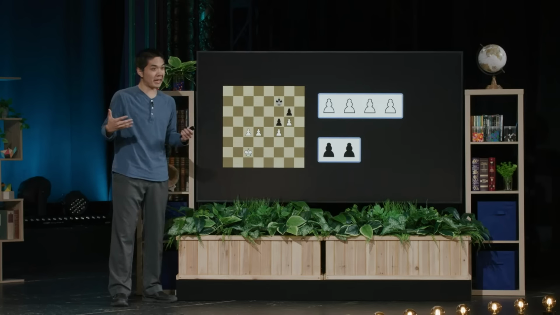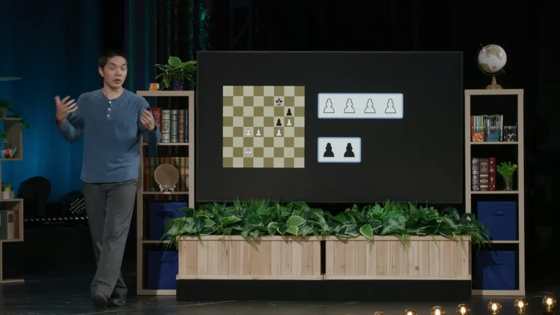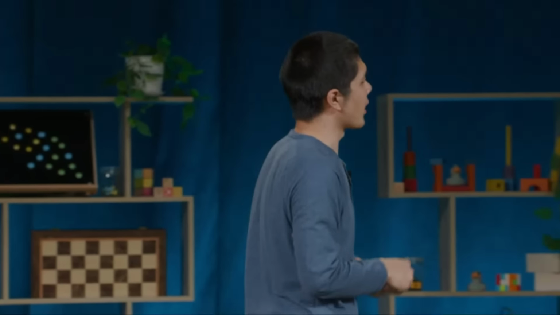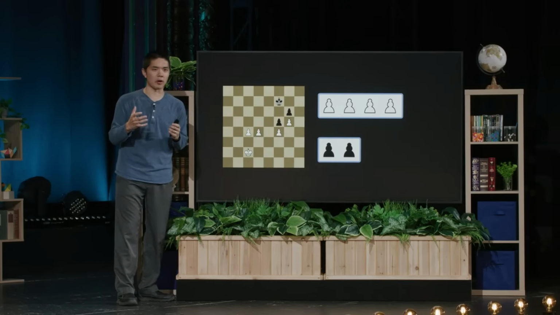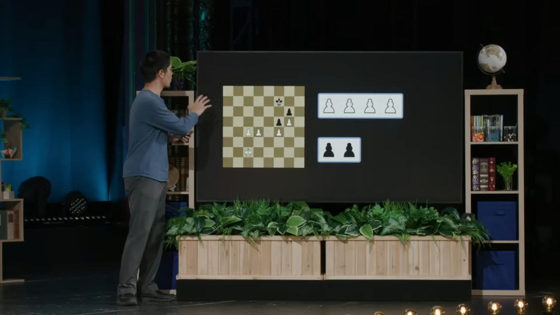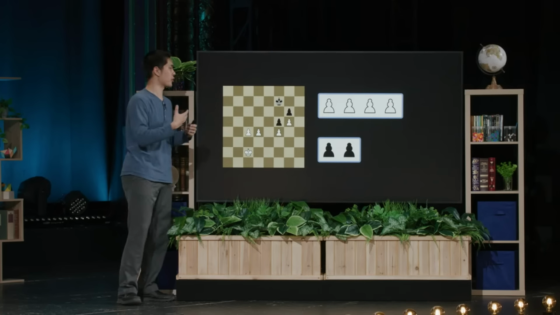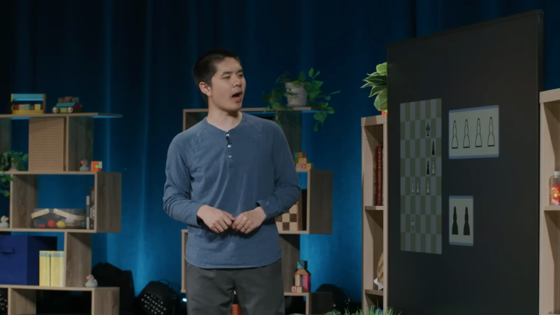Is that definitely going to be the case? Not necessarily, but it might be a pretty good guess that in many game positions, the player that has more pawns than the other player, if we're just looking at counting up pawns against pawns, that player might be the one in a better position. But again, this is an estimate. It's not going to be perfect. There are going to be situations where this doesn't perfectly capture what the right answer is going to be. For example, I might give you a different chess position, a position like this. And if you were to apply my same evaluation function that I just gave you to a board like this, well, here's how you might count that up.